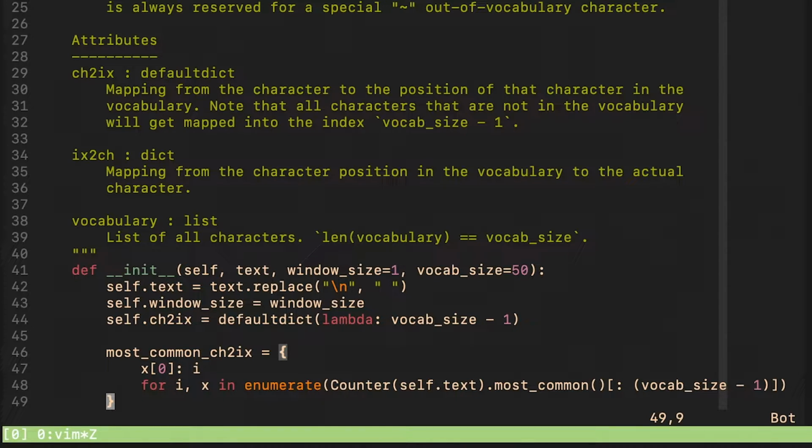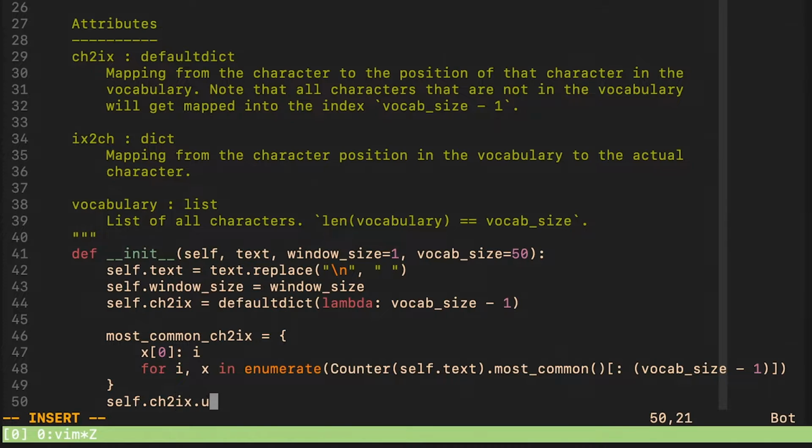However, all we do is to take the input text and we find the most common characters in it, and we find the vocab size minus 1 most common characters, and we just create this character to index mapping. And then we just insert our most common characters into this default dictionary.